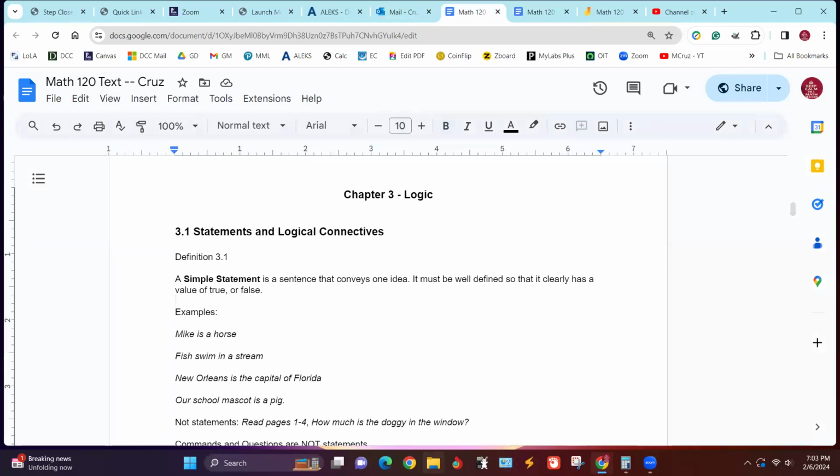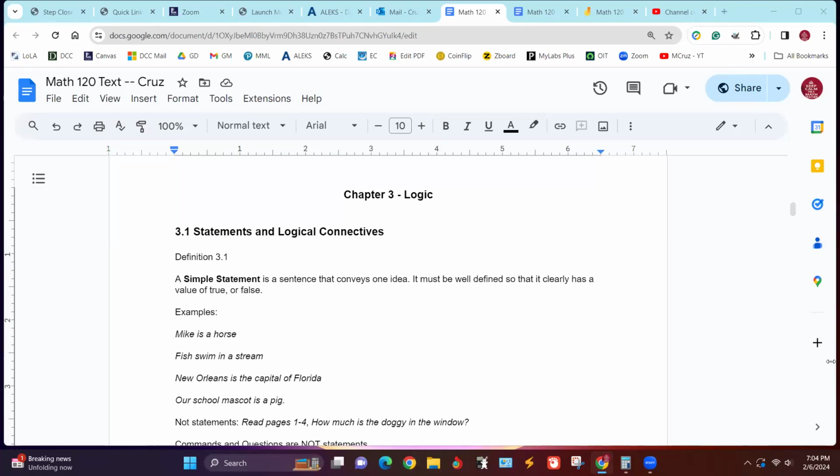All right, so chapter 3 is logic. It's really integral to building these things called sound or valid arguments. That's our end goal. And so we're going to look at the process of dealing with logic.